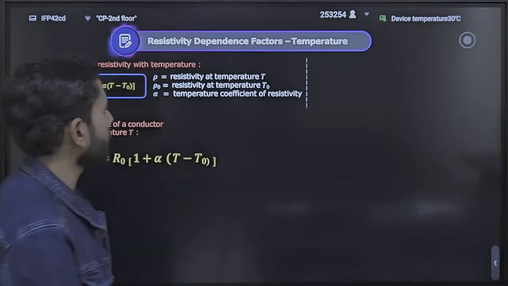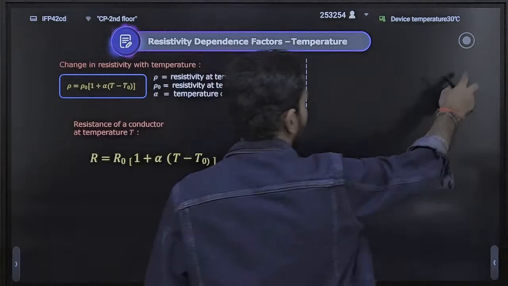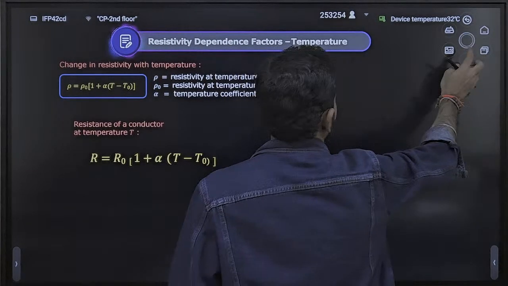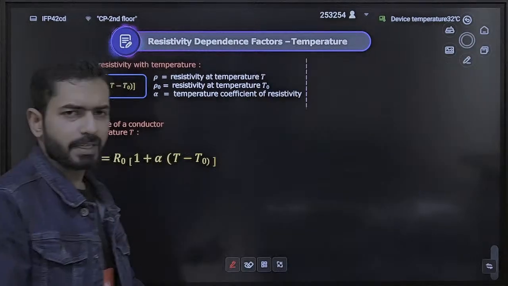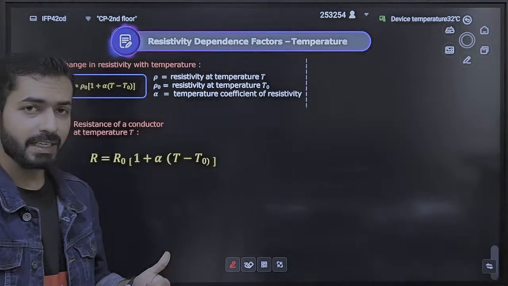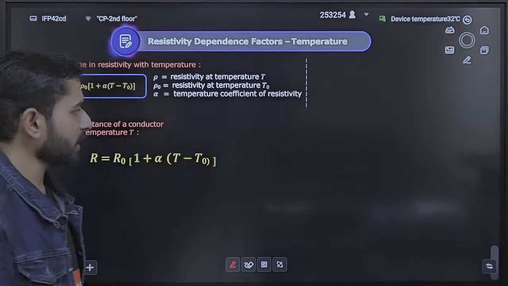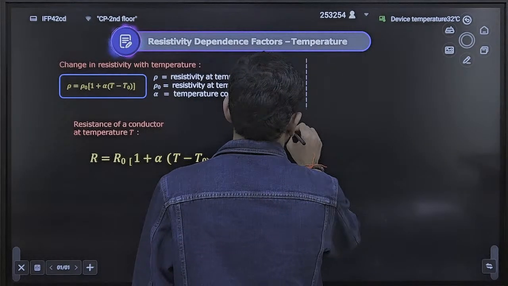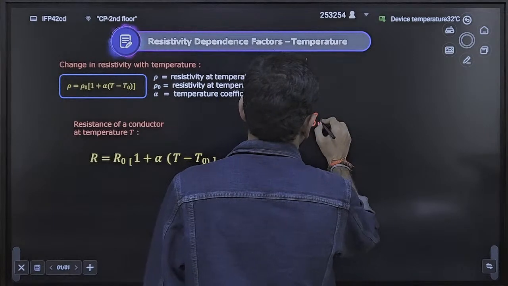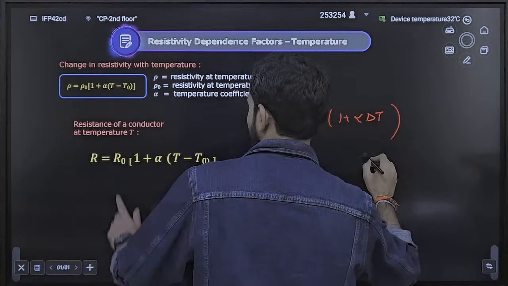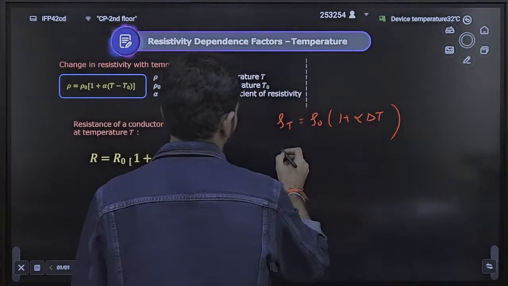Resistivity depends on temperature. How resistivity is dependent and how resistance is dependent. This kind of formulas also you have seen in linear thermal expansion. The formula is somewhat like this: rho_T = rho_0 (1 + alpha delta T). Same thing is written here also. And if I talk about resistance